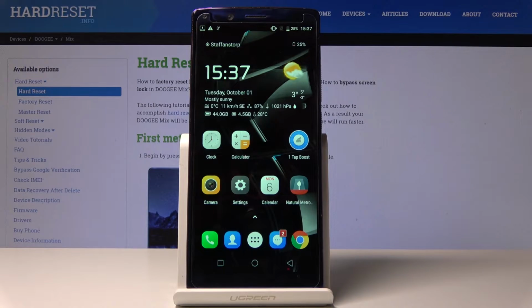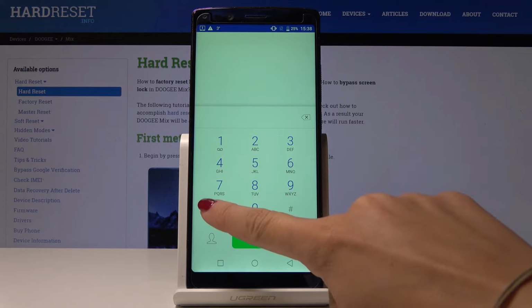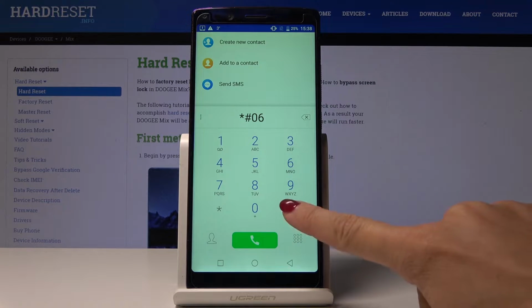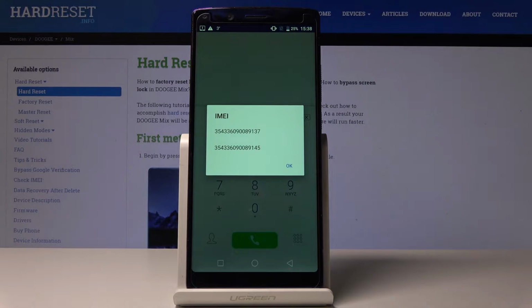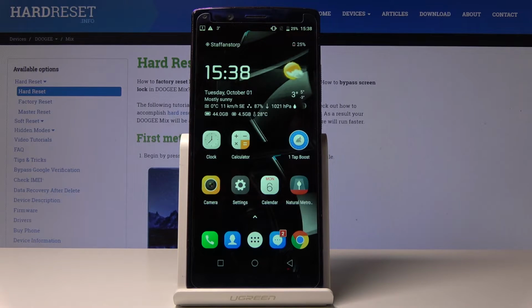Here I've got Doogee Mix, and let me show you how to locate IMEI and serial number on the following device. So at first let's open the phone dialer and then enter a secret code, which is *#06#. And that's it. As you can see here, you've got both IMEI numbers for both SIM cards in your Doogee Mix. Click on OK to go back,